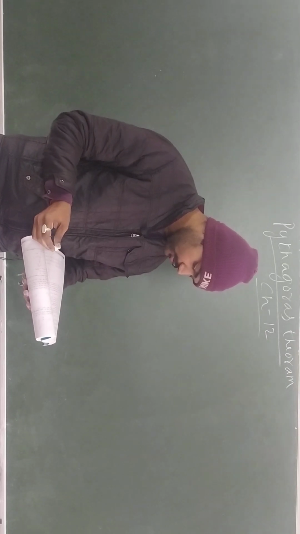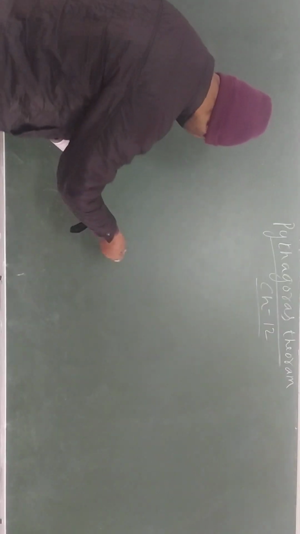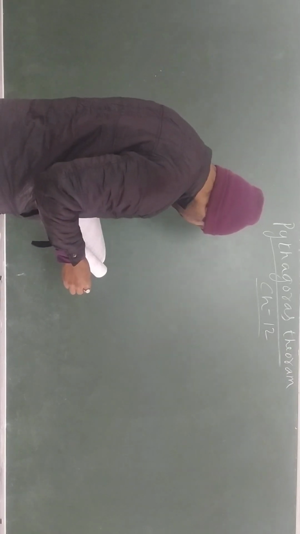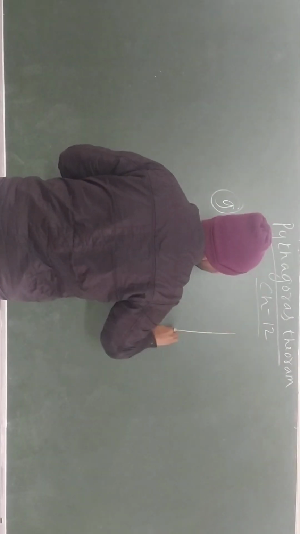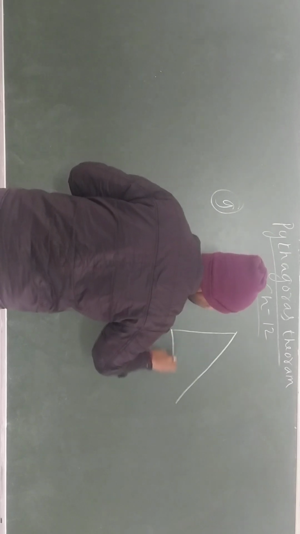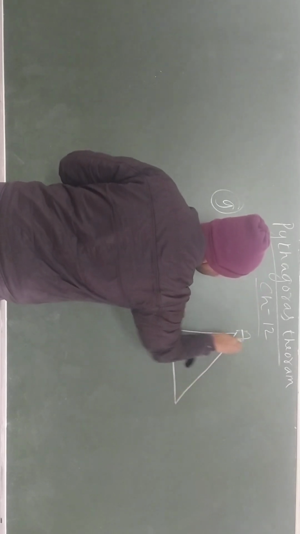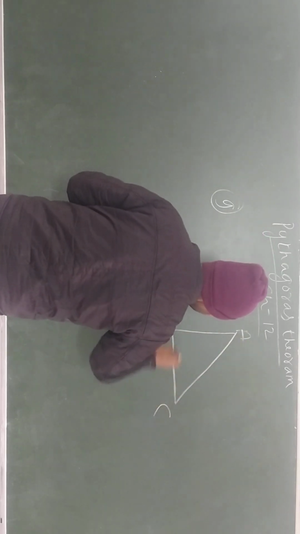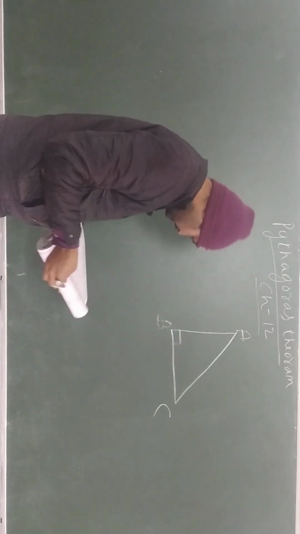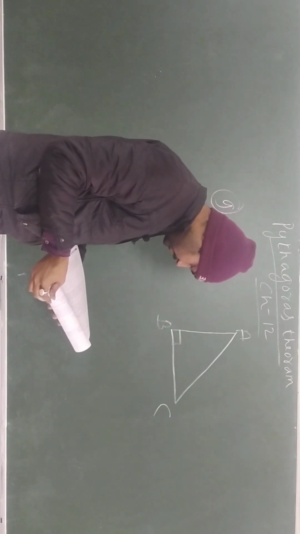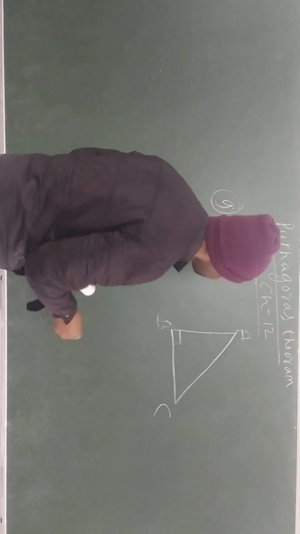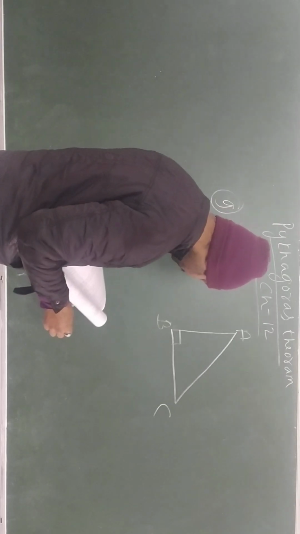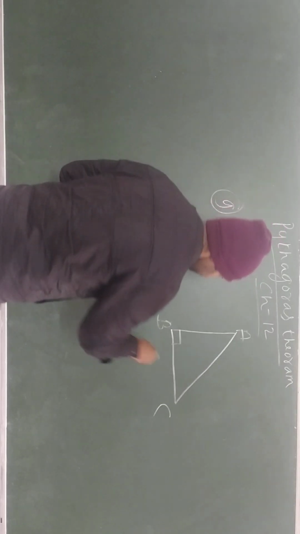ABC is an isosceles triangle at C. Prove that AB square equal to 2AC square. So question number 9 we will see. This is a case of proof. ABC is an isosceles right triangle. ABC, so this is A, this is B and this is C. Isosceles right triangle, and in which two sides will be equal. And what we have to prove? We have to prove AB square equals to 2AC square.